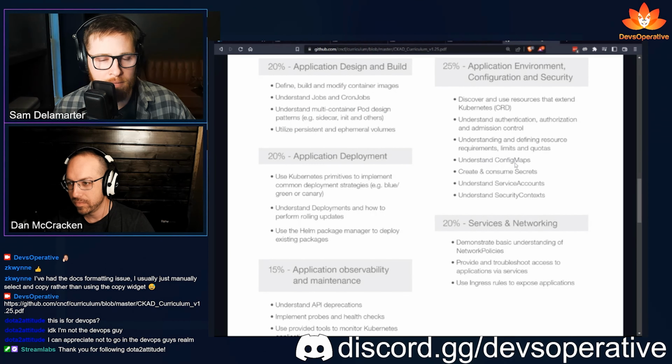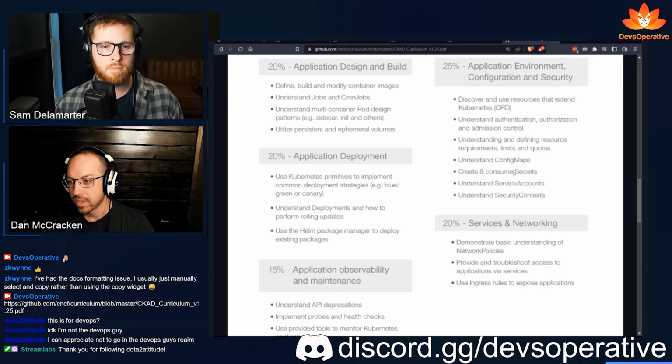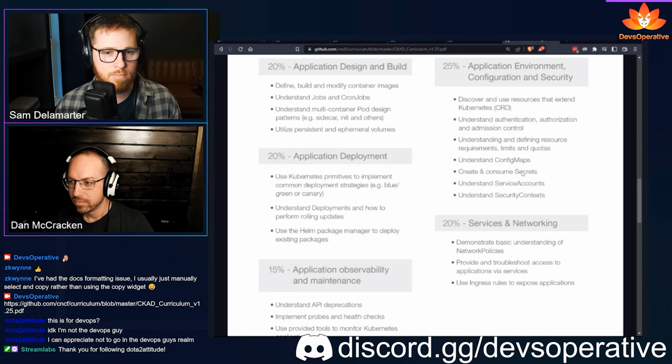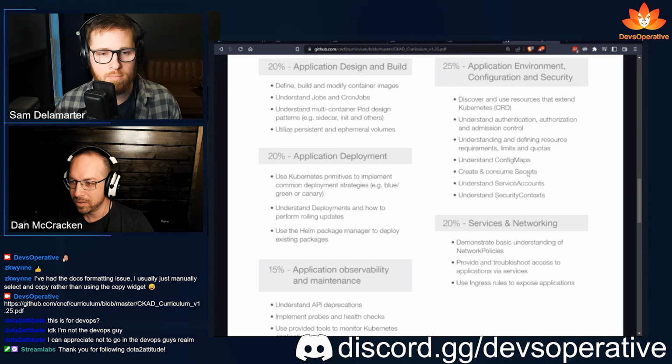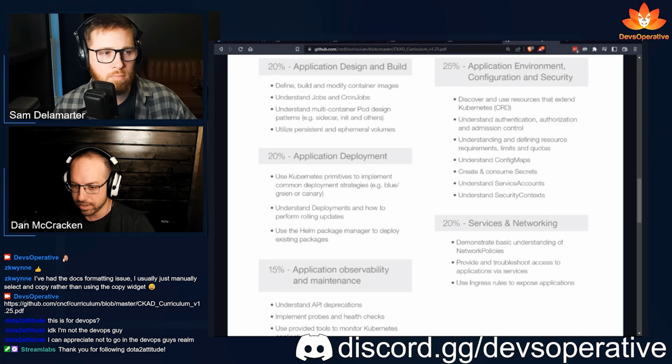Config maps. You definitely need to be up on config maps if you're designing cloud-native applications. Secrets. Secrets is a whole... Oh my gosh. I posted a great article from one of the Cube Weeklies in the Discord about this. I think Zach and I were talking about it.